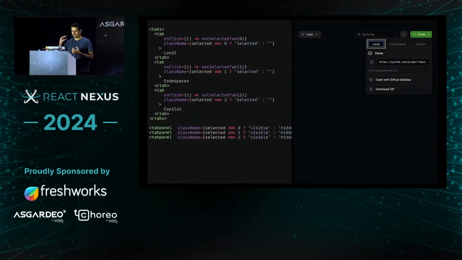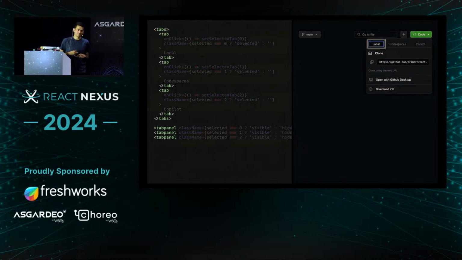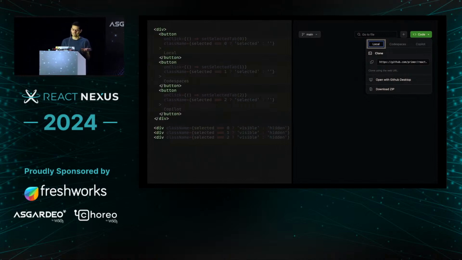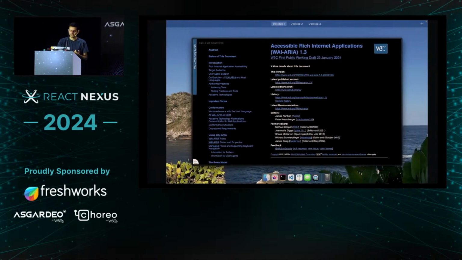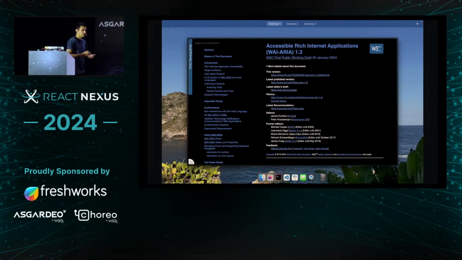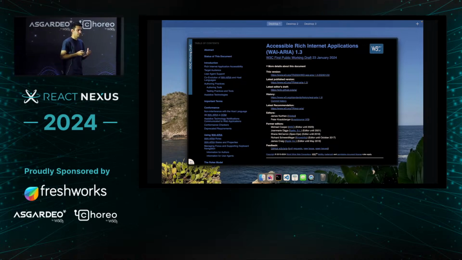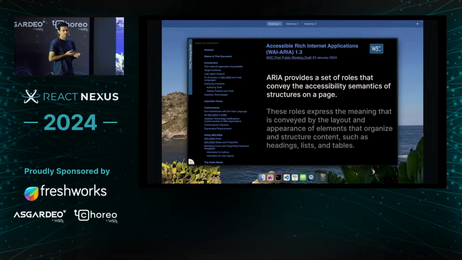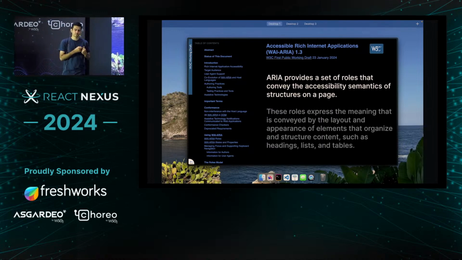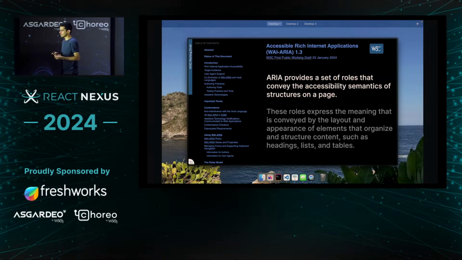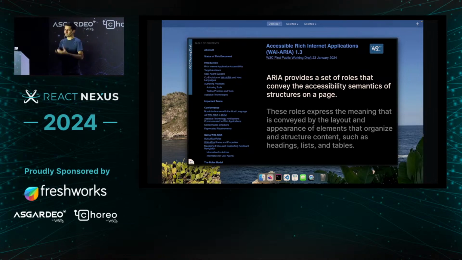So maybe I'll just use a tabs element, right? Maybe that's the answer. But of course, there is no tabs element because we're in browser land, so there's only div and buttons to play around. And this is where the Accessible Rich Internet Applications spec comes in, or ARIA. And ARIA has a bunch of things. So the main thing here is that for semantics that are missing, ARIA provides a set of roles that convey accessibility semantics. So you can use a div or a button, and then you can add semantics to that div